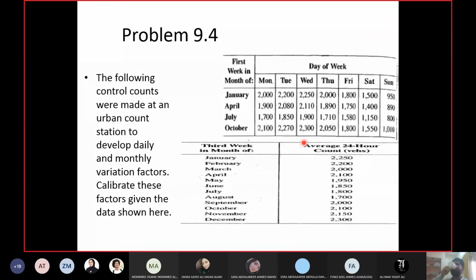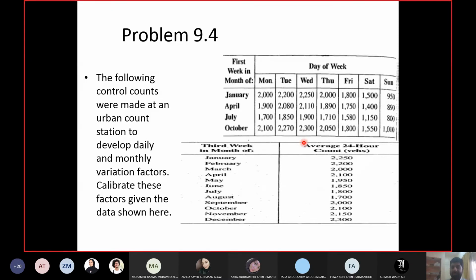Similarly, in the previous example, for the monthly adjustment factor, I had the traffic for each month. The full traffic was given, and there was no problem. So I divided by 365, meaning whatever data was available, I divided by the total number of days in the week or the year. But here, the position is slightly different. The data is not taken for 365 days. For how many days is the data taken?